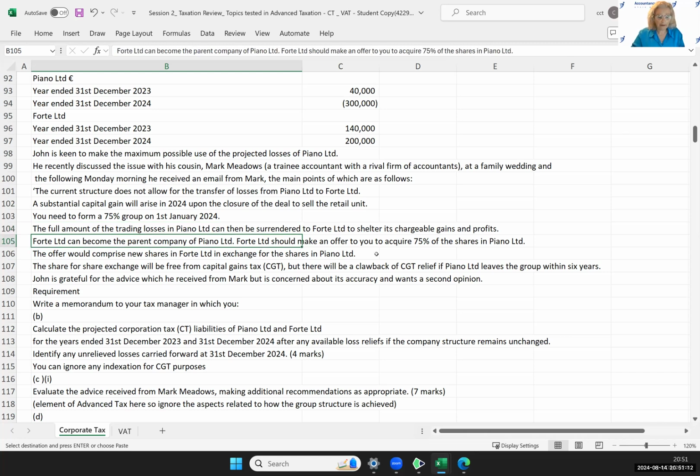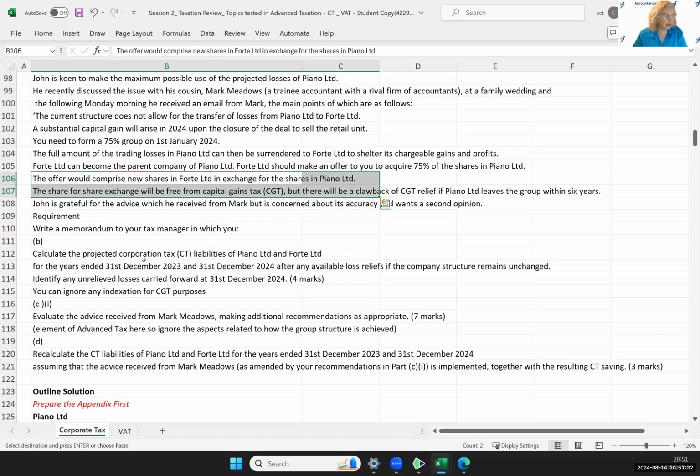Forte can become the parent company of Piano. So he's suggesting that Forte buys the shares of Piano. Will that make them a group? Yes, it will. We don't need to worry about the share exchange here. That's the advanced tax bit. Okay. So all we're doing, so we've evaluated the advice. I'm going to drop the answer in because we know our recommendations are simply that we